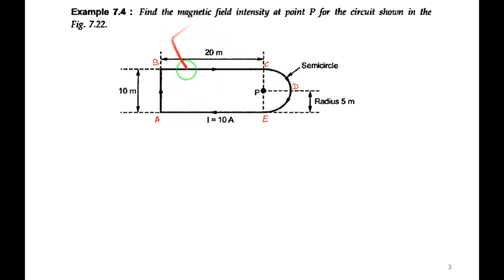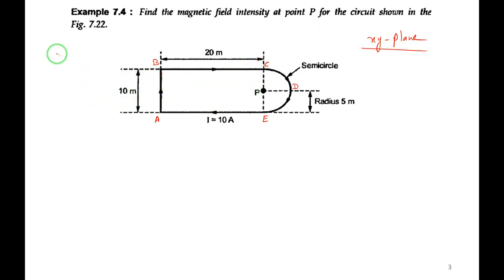We want to find the magnetic field intensity at point P due to the conductor AB, due to conductor BC, due to conductor CDE, then due to conductor EA, right? All these conductors. We know the formula for the finite length conductors, so we will do it one by one. Then one more thing, we have to assume that it is placed somewhere, so let me assume that this loop or conductor is placed in the XY plane, right?